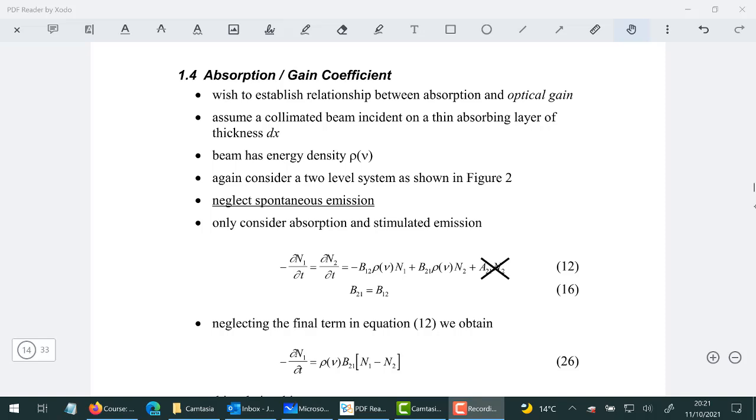And we've also seen that the energy levels are not infinitely well defined. They're not infinitely sharp. They have some range of values, a distribution of values, and that the light which is absorbed or stimulated emitted will also have a range of different frequencies involved in it as well. Okay. So